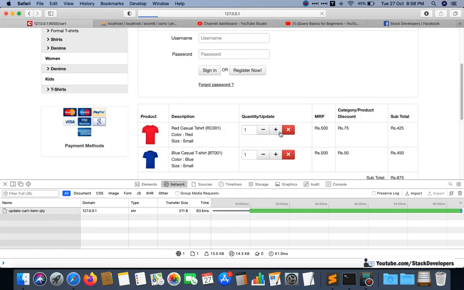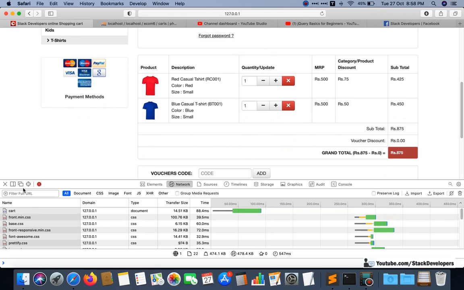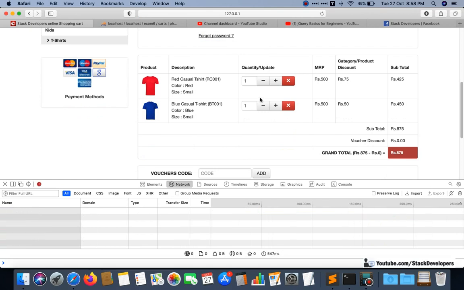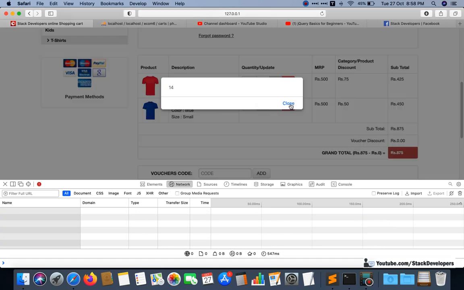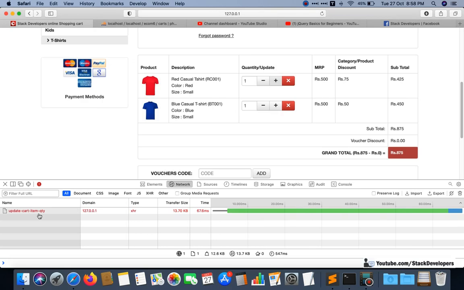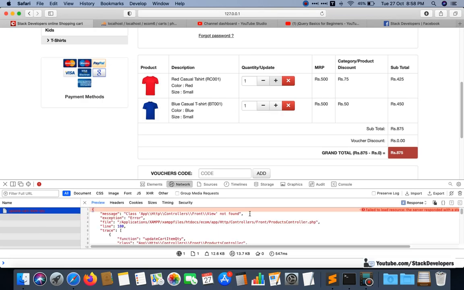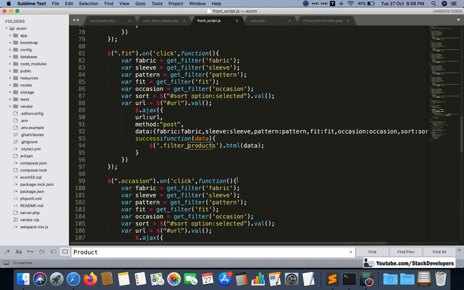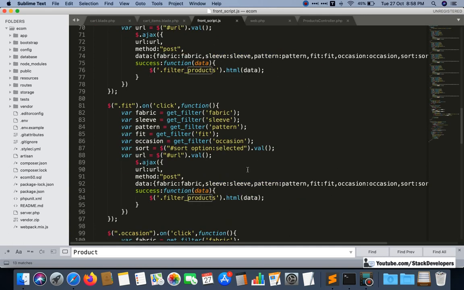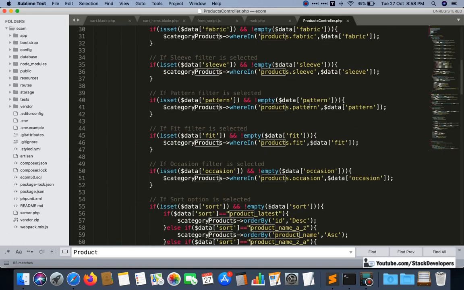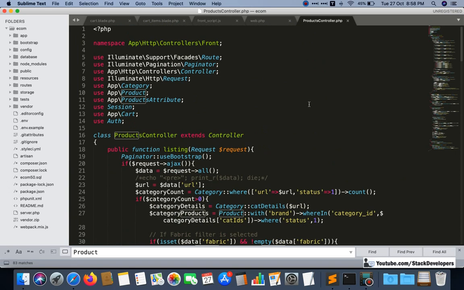Okay, so refresh, and I'm going to remove everything, and we click on plus now. See, 2 is coming, 14 is coming, it is showing some error. Let's see what the error is. Okay, so view is not there in the products controller, so we need to add the view.